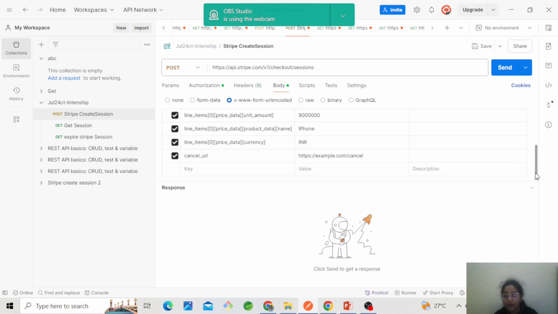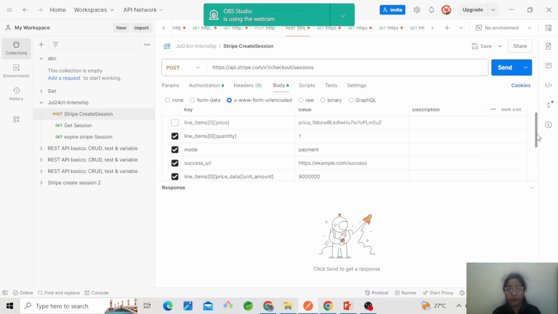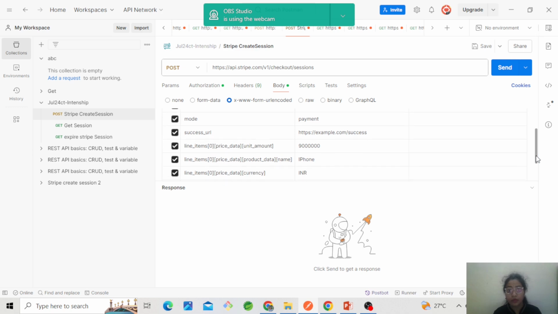the body with data. Here the line items, the data is stored in an array format. The payment mode, see this is a key value pair. The data in a collection we are storing as a key value pair. So the success URL, see the HTTPS, after successful payment we are getting this success URL. Again the next key is the unit amount. The unit amount we are seeing as 90,000 here, and the product data iPhone,